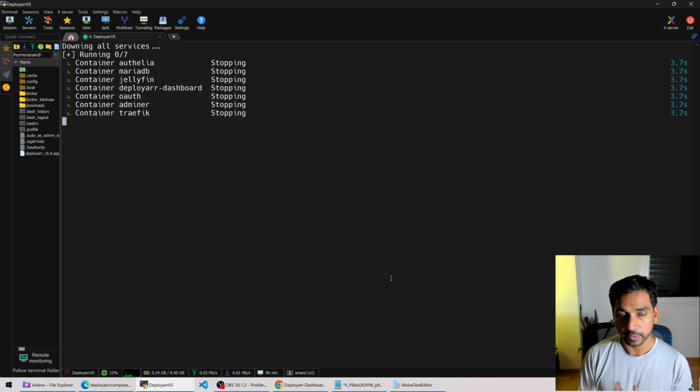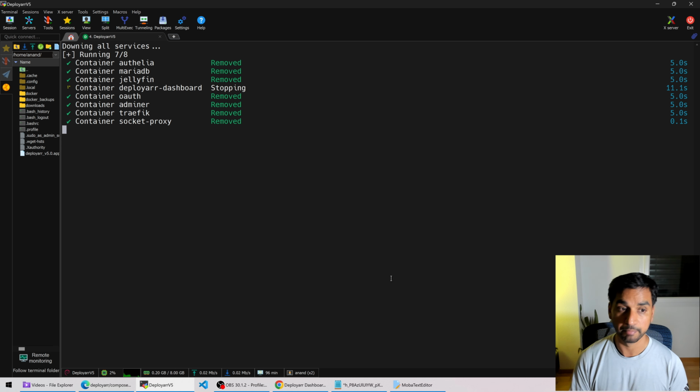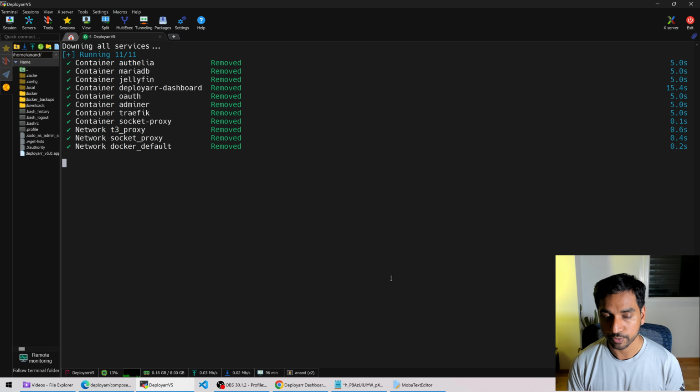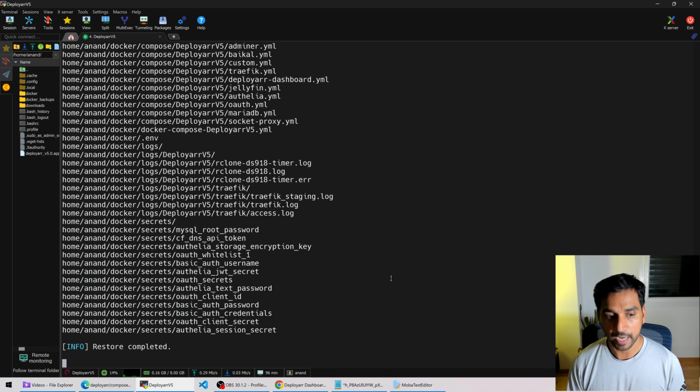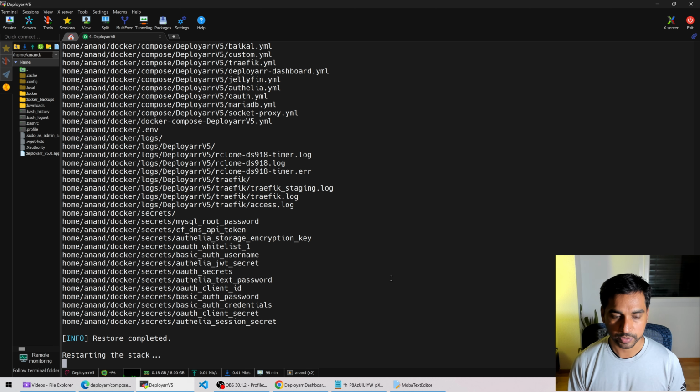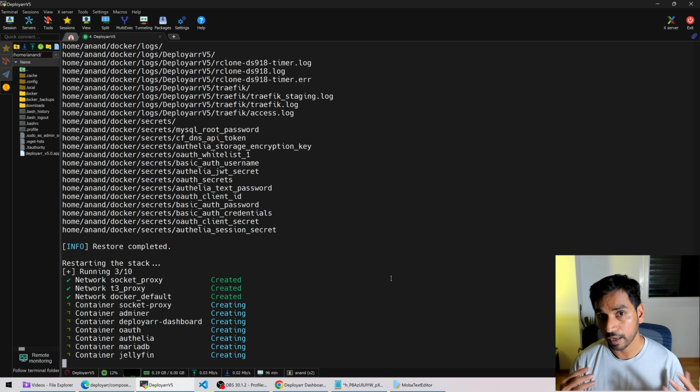The whole stack will be restored. Obviously, in this case, the restoration is going to be exactly the same because I haven't made any changes since I made that backup. So let's wait for that process to finish, and then we should be done. Okay, you're asked if you want to create a current backup before restoring the selected backup, because if you make changes accidentally, you don't want to overwrite them, or you don't want to lose something significant. In this case, I'm just going to say no. So my previous backup was now restored, and this stack will be started back up again,